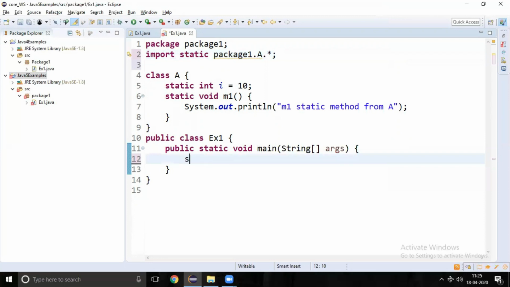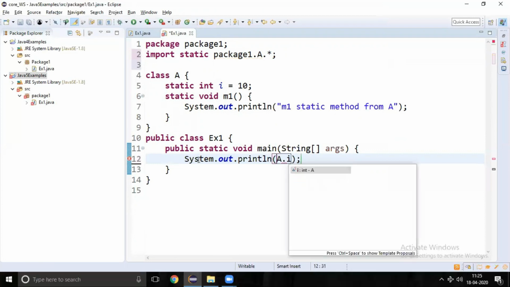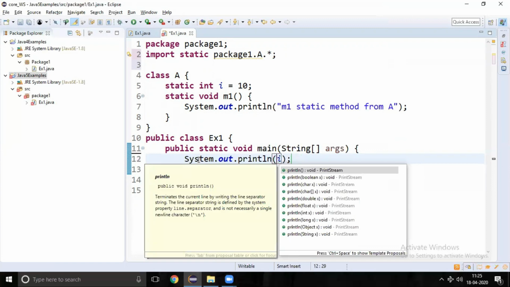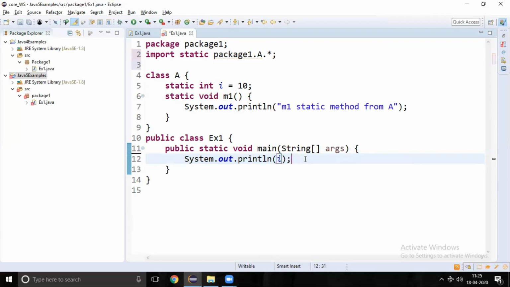And here, A.i it is possible to access, and even if you want to access directly, it is possible. And here directly you can call the m1 method.